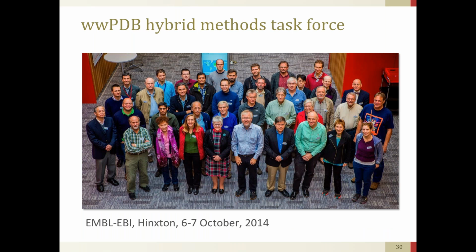And so what we did is we brought together people from the various fields involved. That involved NMR, X-ray, EM, small angle scattering, computational modeling, and so on. So it was a pretty large group of people, and Harald Kleivik hosted the meeting at the EBI, and we